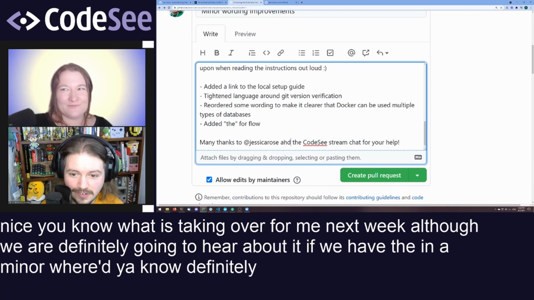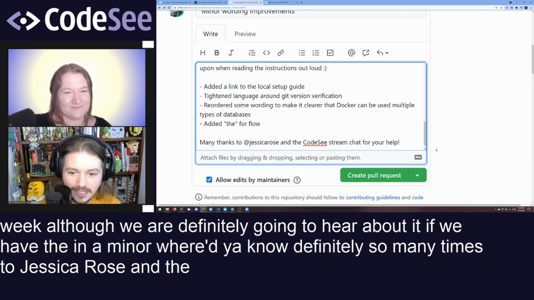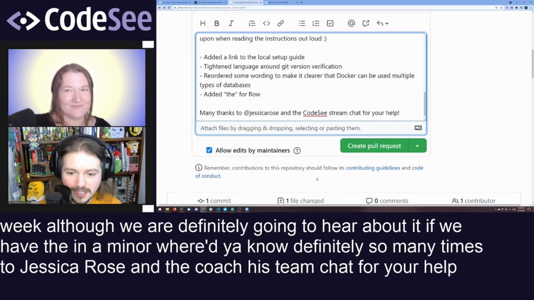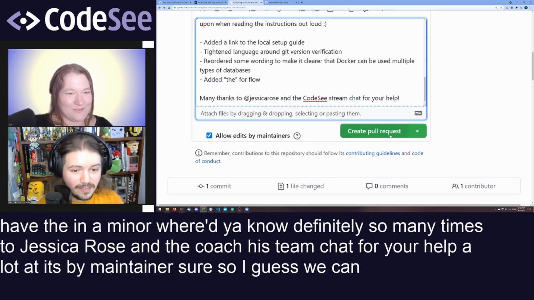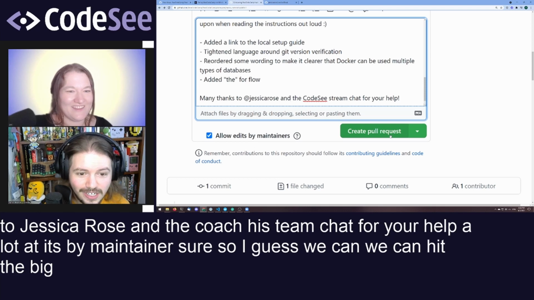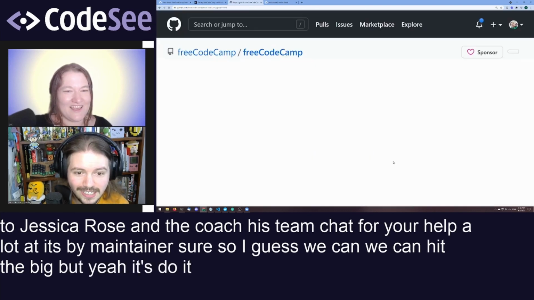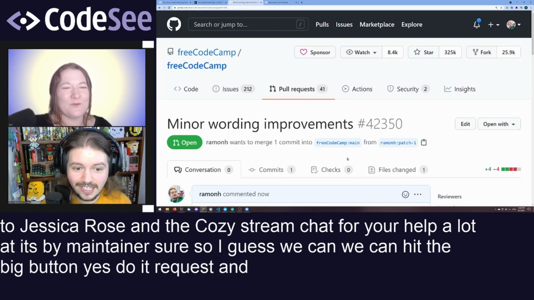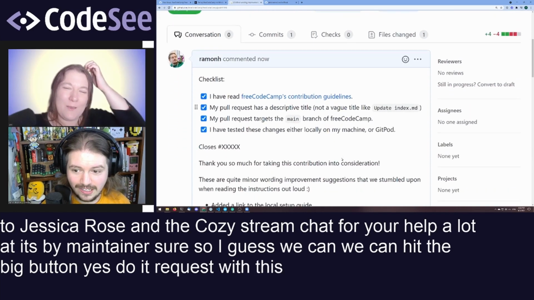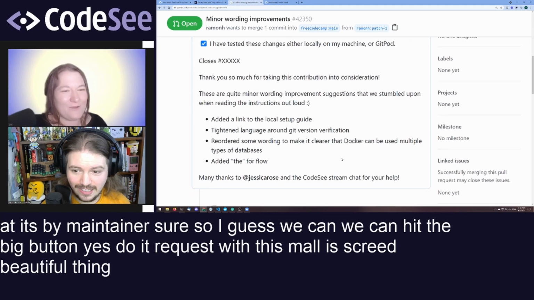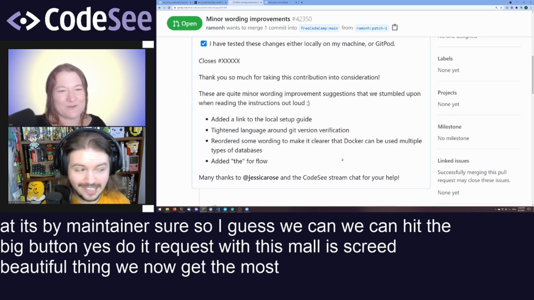So many thanks to Jessica Rose and the CodeSee stream chat for your help. Allow edits by maintainers. Sure. So I guess we can hit the big button. Do it. Let's do it. Create pull request. And with this small, discreet, beautiful thing, we now get the most important part of open source